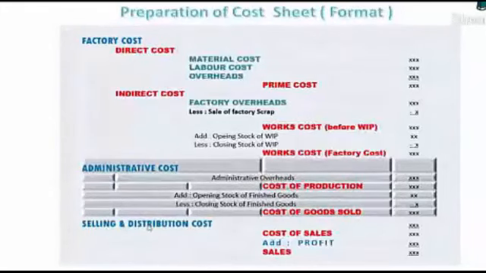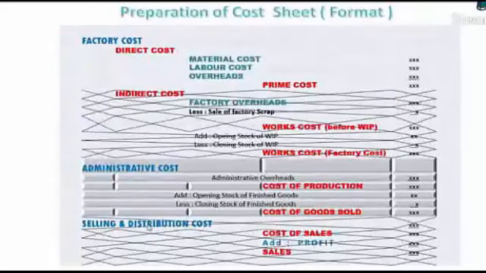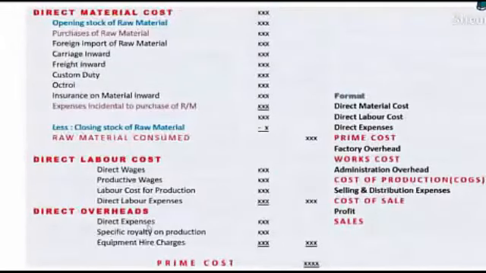Now let us go further in this by breaking this into three parts. One is factory, another is administration, third one is selling and distribution. Let us understand the first part only in detail, with the items which are covered under the factory cost as a direct cost. The remaining three items we'll see later on. The first one is direct material cost. We have seen that direct material cost, direct labor cost, and direct overheads, the total is called a prime cost. On the right hand side, I have given you these three items.